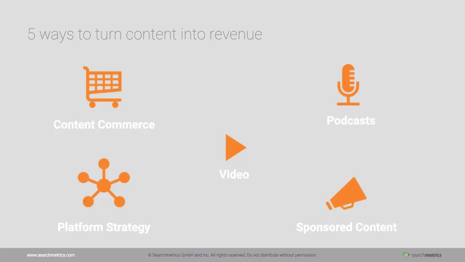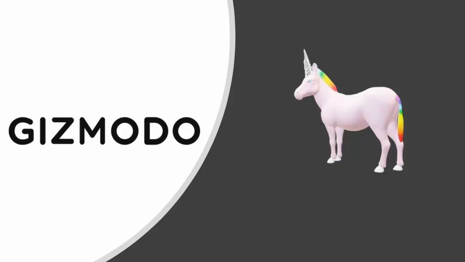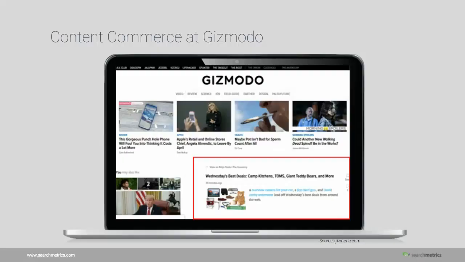But let's jump into the first example of content commerce. So I brought an example from Gizmodo. Gizmodo is tech review and news, and it's actually a mix, like a comparison website that promotes all of the tech products and gadgets. Exactly, and it's really famous in the States. And what they do is, on their website, they always put a placement from this content commerce piece, where you see here in the red rectangle. And if you click on this, you will land